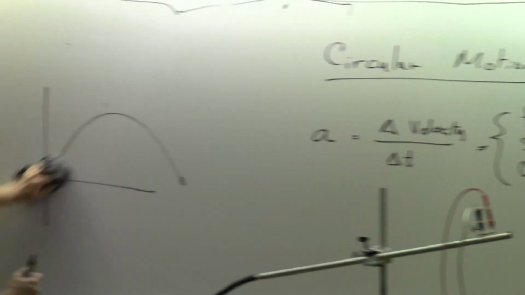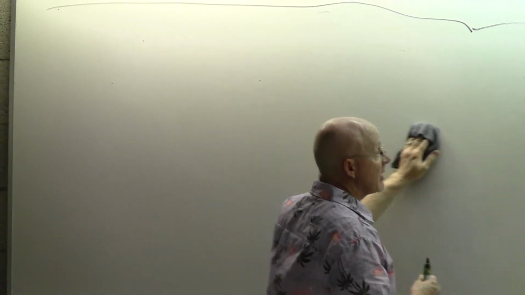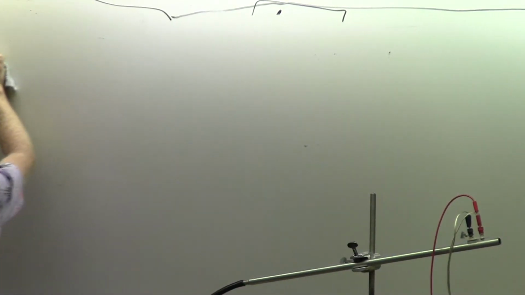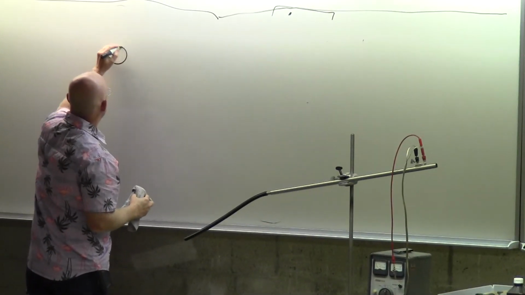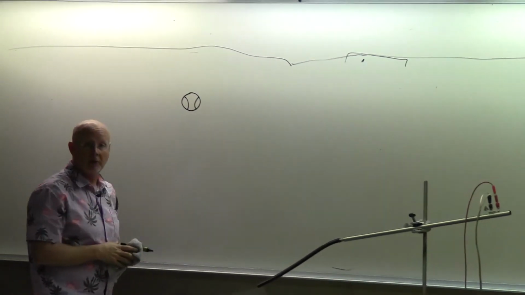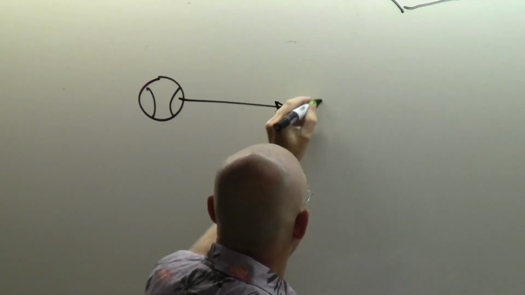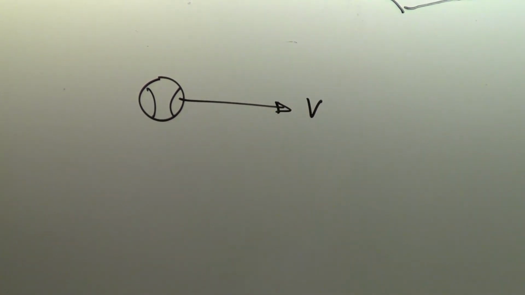And we'll continue on with the second half of this chapter, which is projectile motion. Actually, it's more than half the chapter, so I would say we're probably 40% done with the chapter. The projectile motion is a little bit longer. But what I hope you got out of these last two chapters, among many things, is if I have an object, and I'll just represent it with a baseball, and that object is moving along in some direction, and in my diagram I'll just say it's moving to the right,